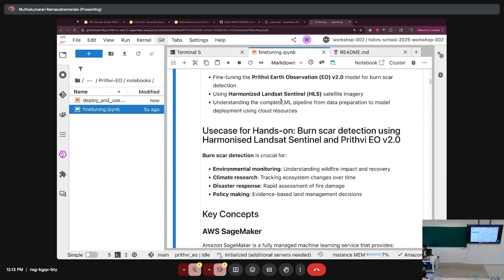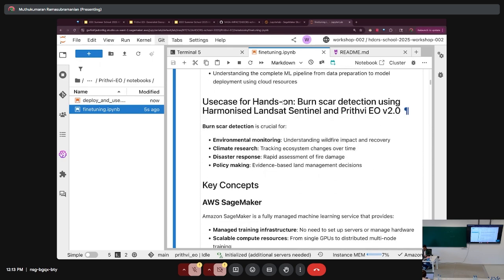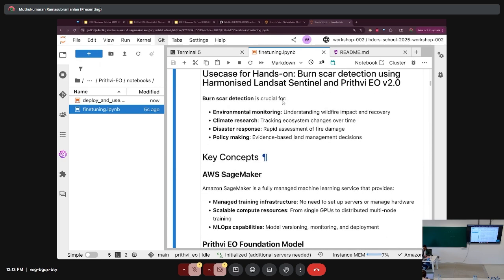On application level, we are going to do burn scar detection today using HLS satellite imagery. Burn scar detection is a crucial environmental use case for monitoring, climate research, policy making, and so on. It's very visible in the 30-meter resolution as a patch of burnt area, and it could be caused by